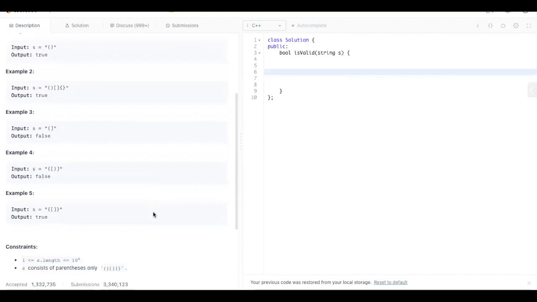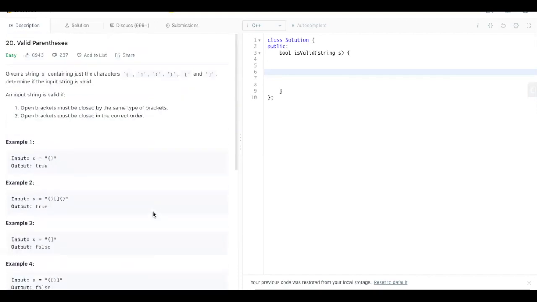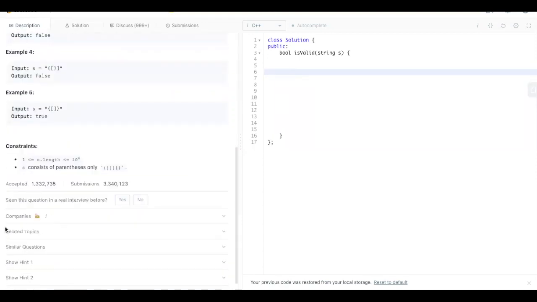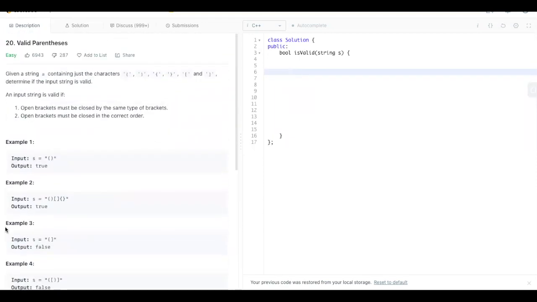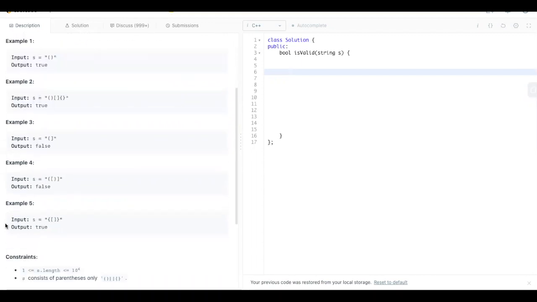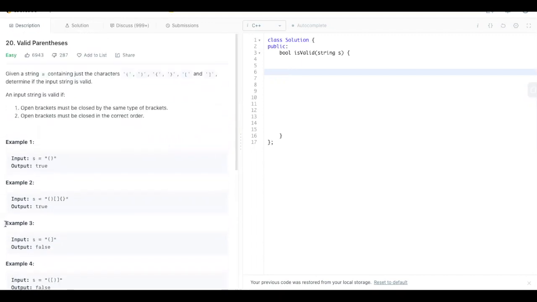So when we see a problem of parenthesis, the first thing that comes to our mind is using stack. So we'll be using stack and we'll be just popping out the element which is inserted, and we'll be checking if the top element which is there in the stack is the other half of the element which is popped.